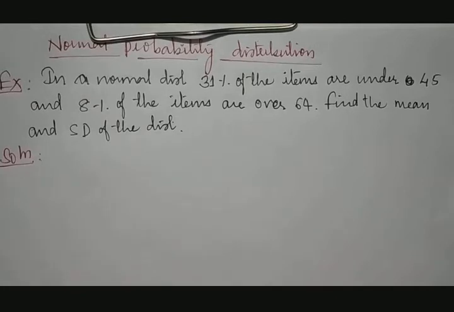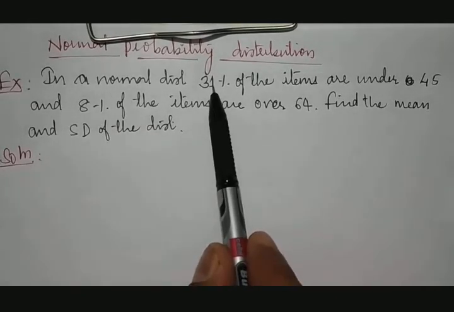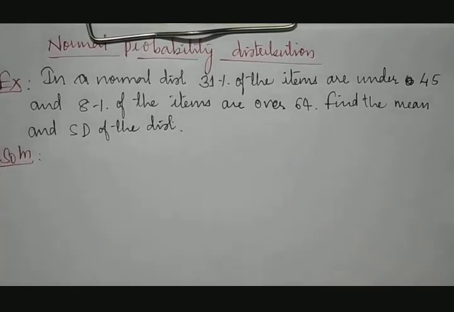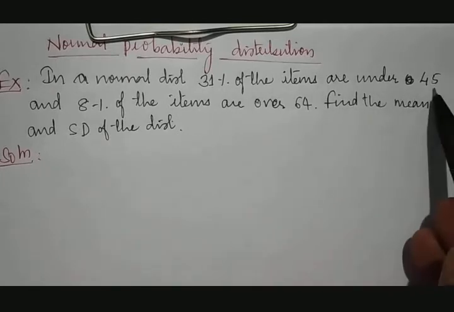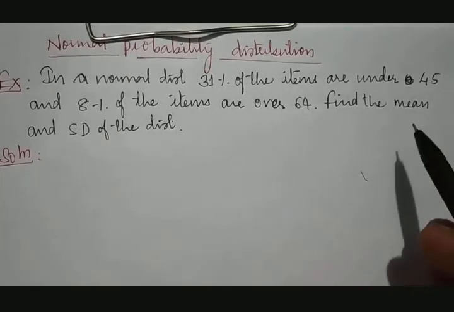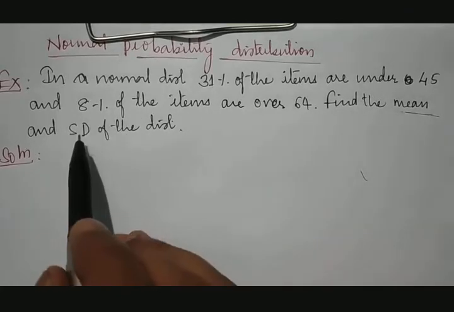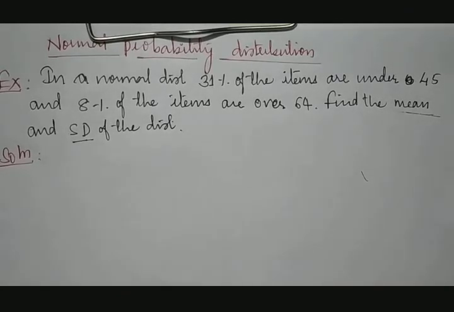But this example is different because here the percentage is given, and in the previous examples they usually provide the mean and standard deviation, that is, average and standard deviation. But here our task is different. Percentage is given and number is given. We need to calculate the mean and standard deviation. So it is a reverse-manner example. Okay, let us see what it says.